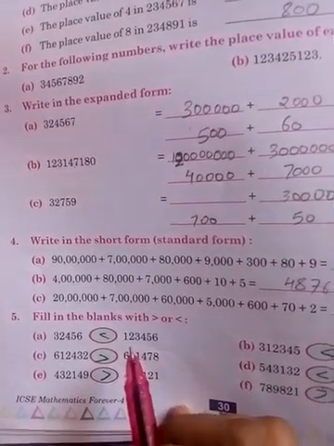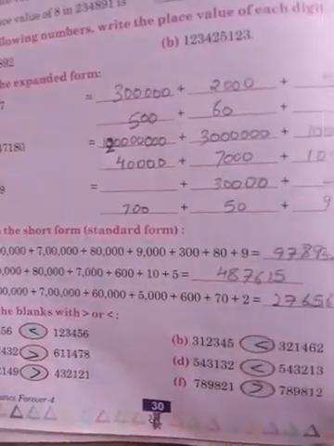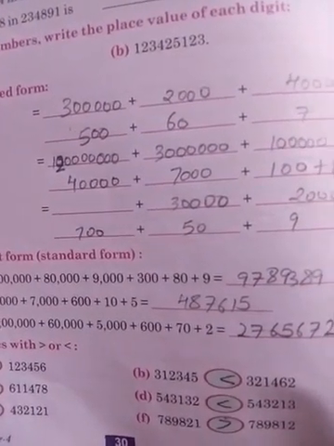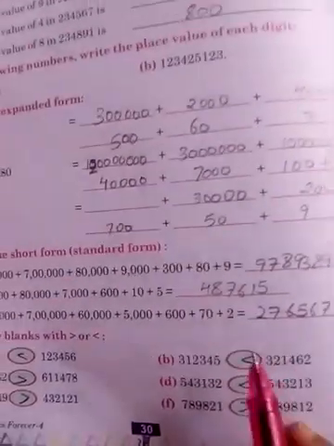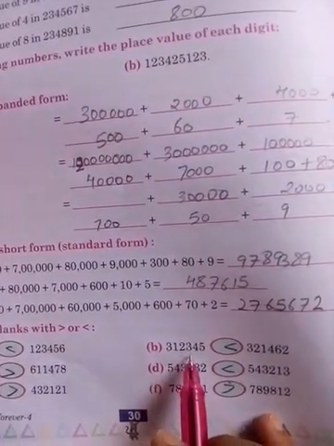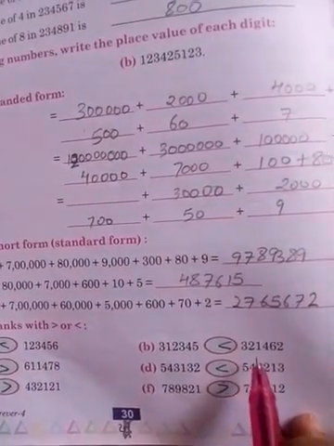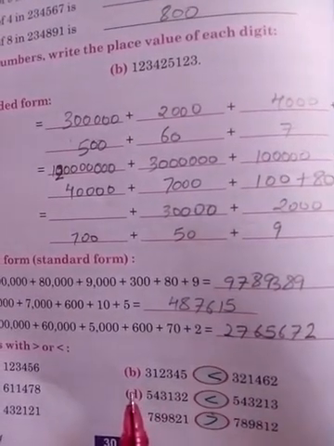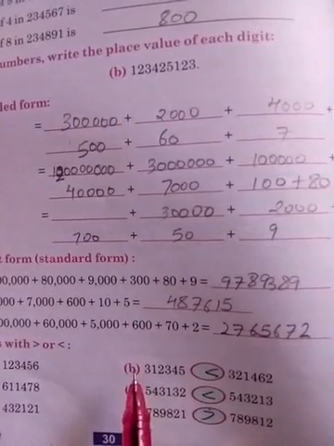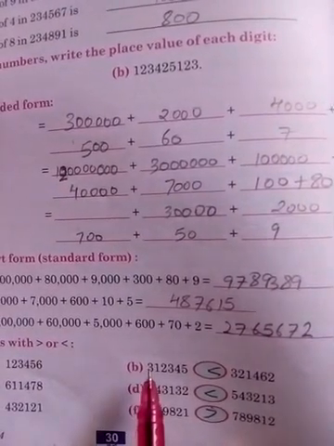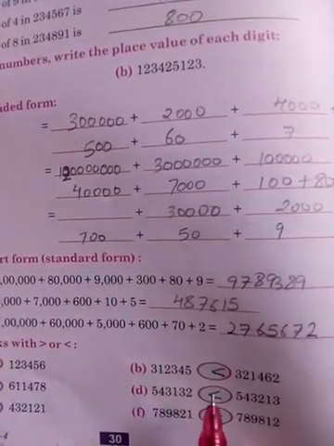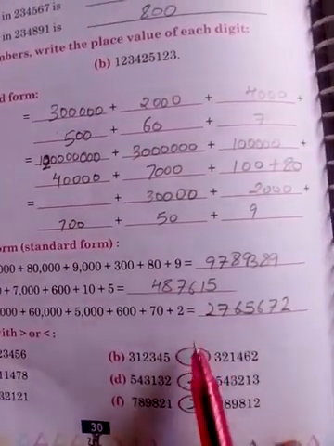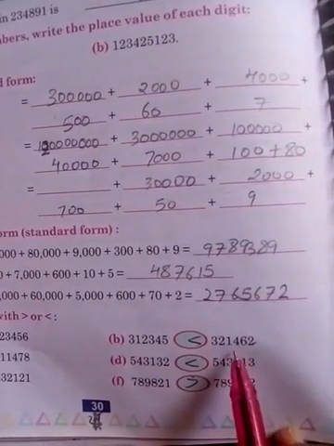So first of all, just count the digits, how many digits are there on both sides. If the number of digits is the same, like in that question, 1 2 3 4 5 6, 1 2 3 4 5 6, that means 6 and 6. So starting from the very left hand side, start comparison with the left hand side. 3 and 3 are equal, then 1 and 2. So if there is a 2, 2 is greater than 1, right? That's why this number is greater, leaving behind the other digits.